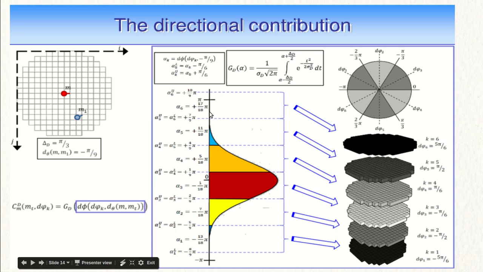Now you can see from this slide, there is alpha 1 lower, alpha 1 upper, alpha 2 upper, alpha 3 upper, alpha 4 upper, alpha 5 upper. Now in this region we are going to evaluate the value. The higher the value in this region, the different color, or the darker color, will be given to this layer, or vice versa.